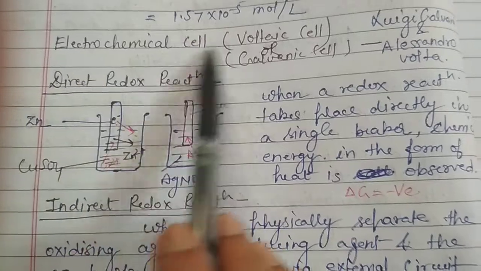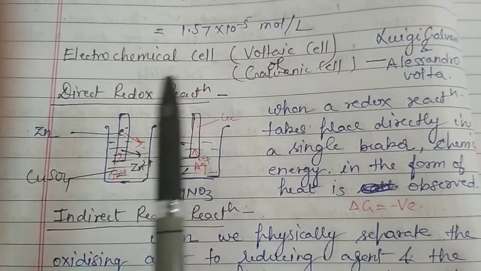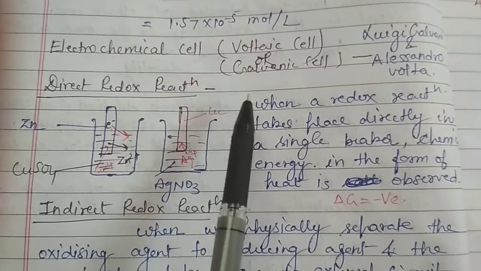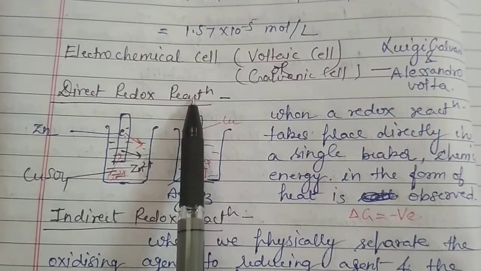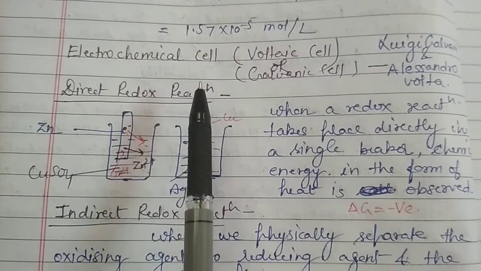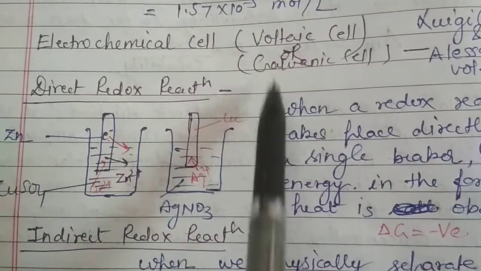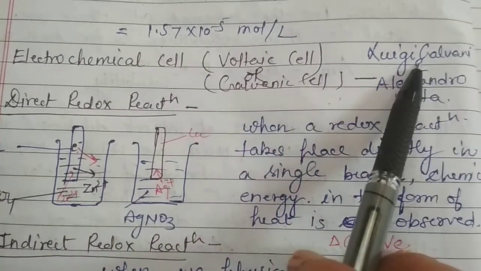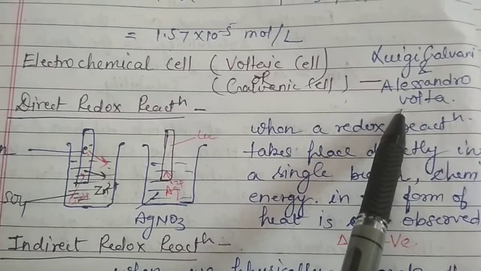Now let's see what the electrochemical cell is. I have given you the overview regarding both of the cells, and I have told you that electrochemical cells are the spontaneous cells, or you may say that the Gibbs free energy for this cell is negative, while in case of electrolytic cell we have seen that it is the non-spontaneous cell, and in that case delta G's value is positive. Now we have said electrochemical cell or voltaic cell or galvanic cell. Why have they been given this name? These names are given after the names of the scientists who did the experiment for the very first time. They are Luigi Galvani and Alessandro Volta.